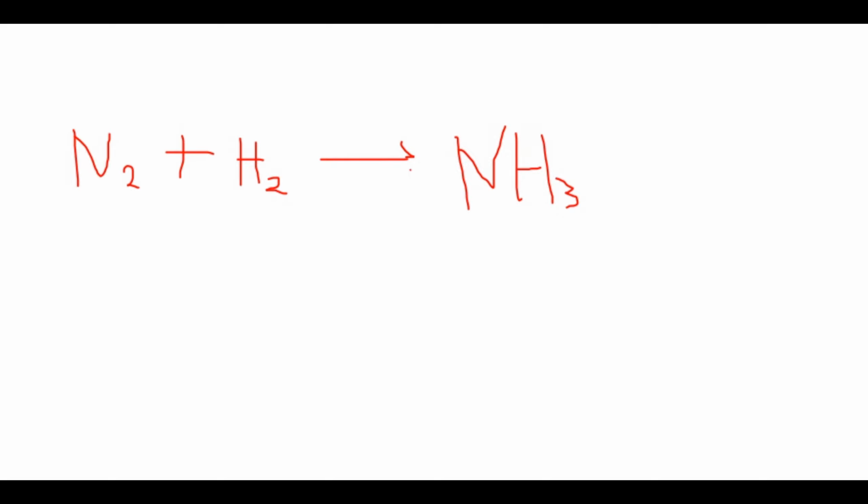Now, ammonia can dissociate, or should I use the term decompose, or form its constituent elements, which is nitrogen and hydrogen. Another equation to illustrate a reversible reaction is a reaction between calcium hydrogen carbonate, Ca(HCO3)2,